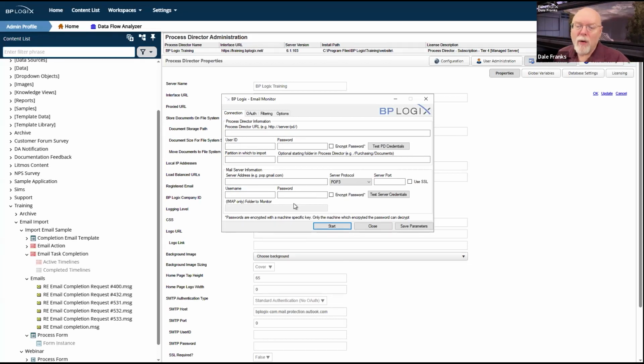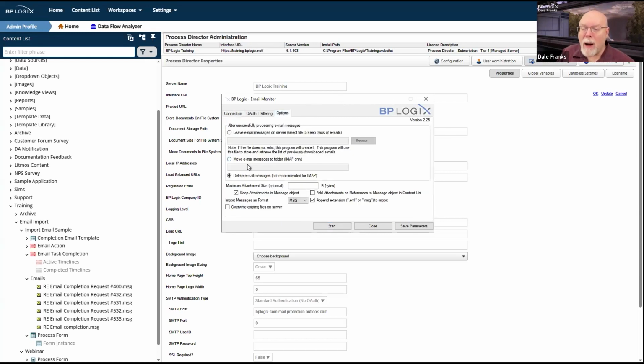And then using the Windows Scheduler utility, you will prompt a run of BP email import to just pull all of the emails out of that email inbox and bring them into Process Director.